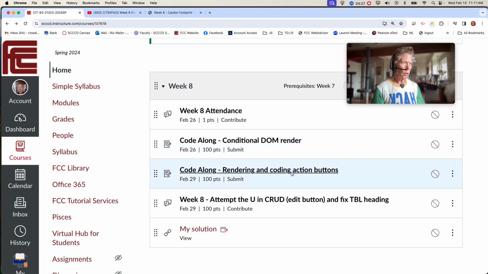Now the other thing is we're going to end up bringing back the buttons, and we'll write event listeners for the buttons, and then ultimately we end up here to actually do the update. So once the user gives us input, the C, we read that input back. We have buttons that have action. Then we write code for those buttons. One of those, of course, is the all-important edit, representing the U in CRUD. And then how do we handle that? And the way that I handle it